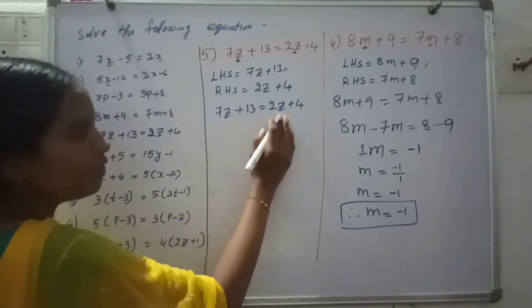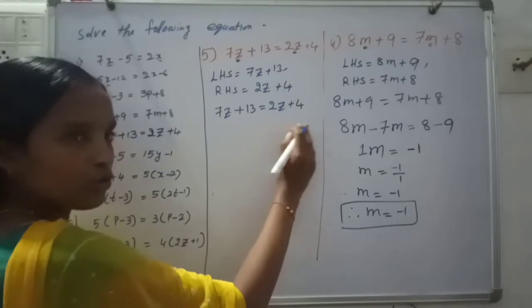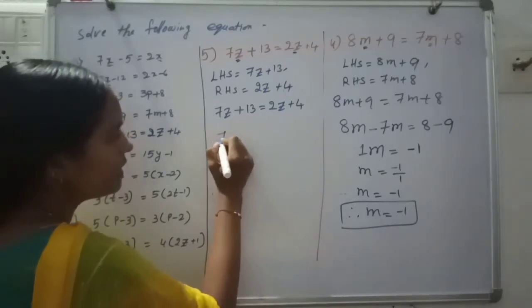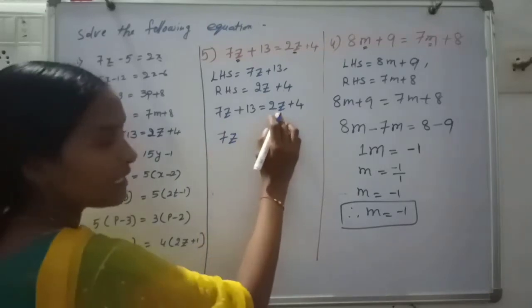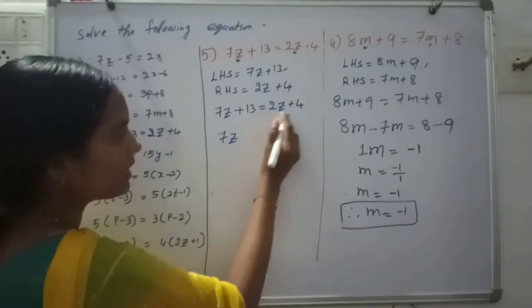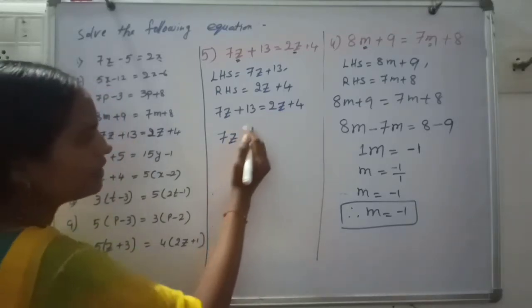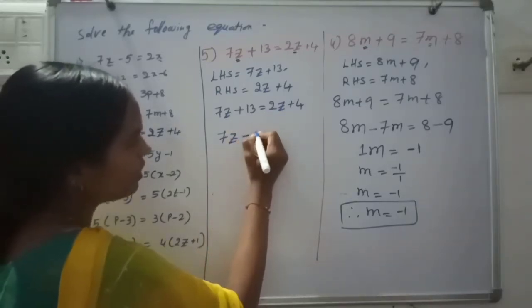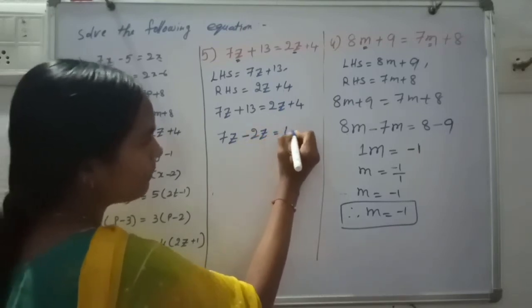Now z terms write one side and constants write another side. Now let's see here 7z, it is the LHS side. Now RHS side 2z, then it is plus 2z, which comes to the LHS, that is called minus 2z equal to here plus 4